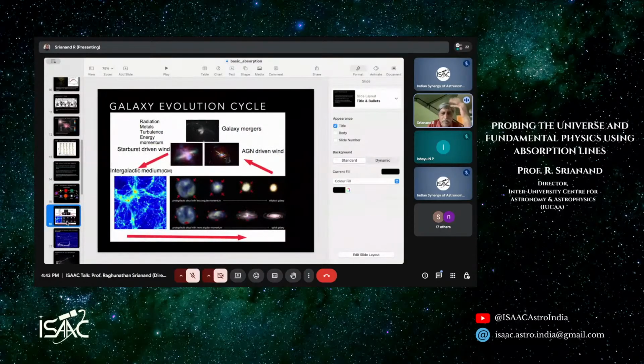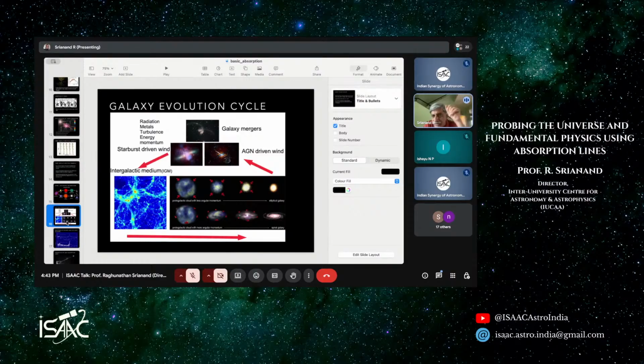A similar situation can also occur in the case of galaxies. You believe galaxies are nothing but collections of gas particles. These gas particles slowly convert into stars, so that it becomes a collection of stars. But we also know galaxies have a black hole. The black hole drives matter outside. Two galaxies can merge with each other. So all sorts of things can happen between a photon starting from one location and reaching us.